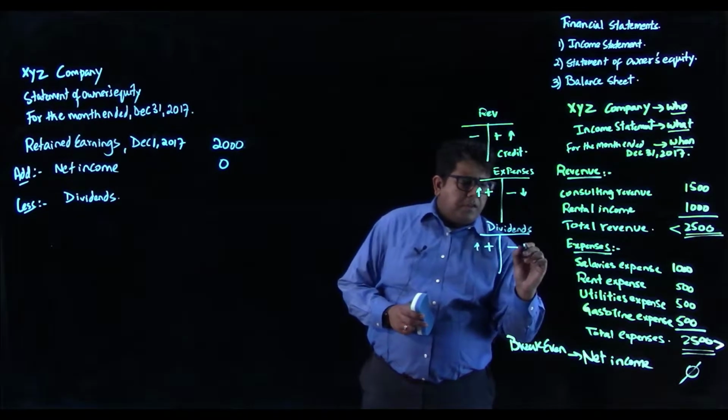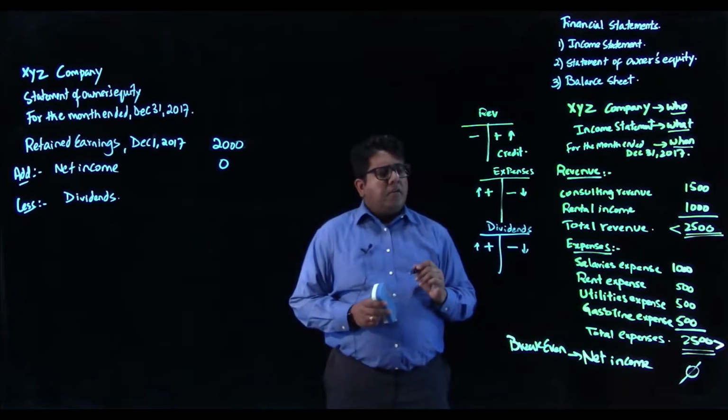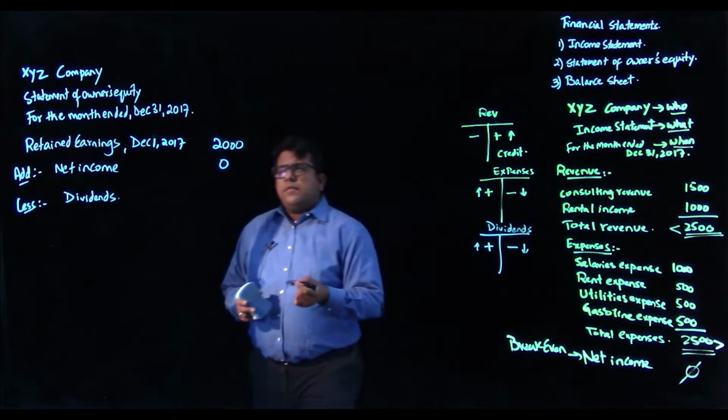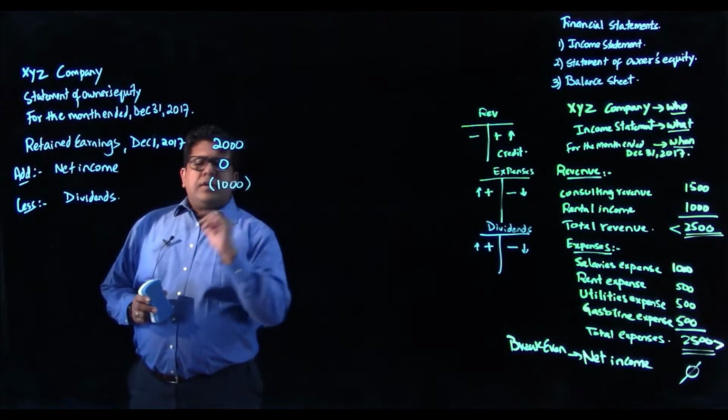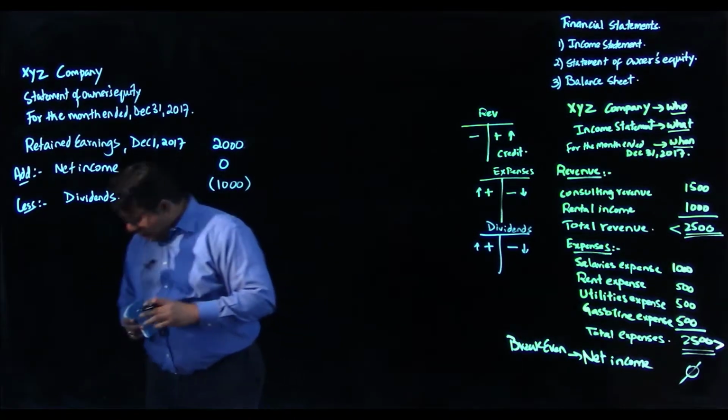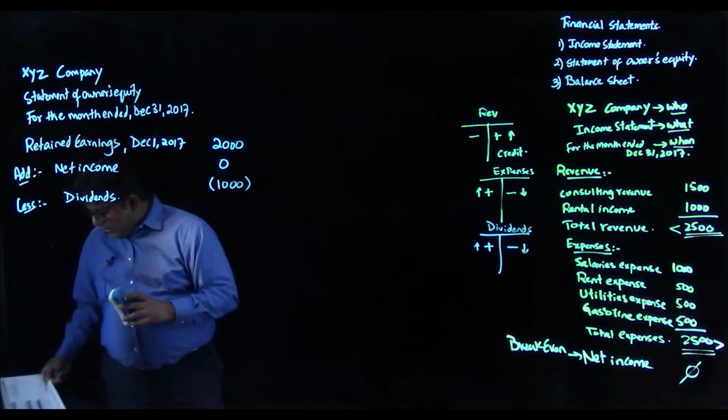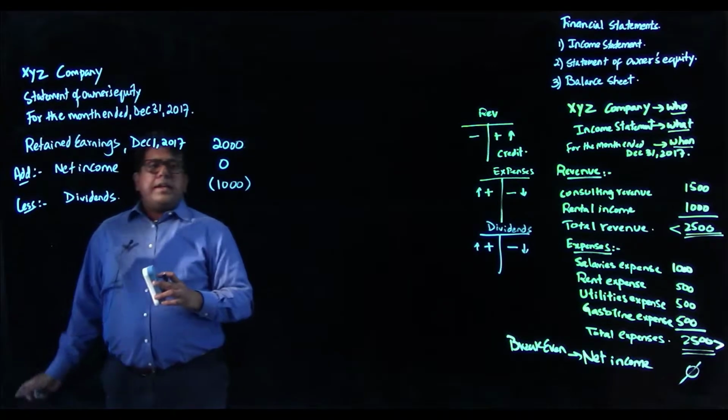So you pay out your dividends. You paid $1,000 in dividends, and what happens next is that you have your retained earnings,